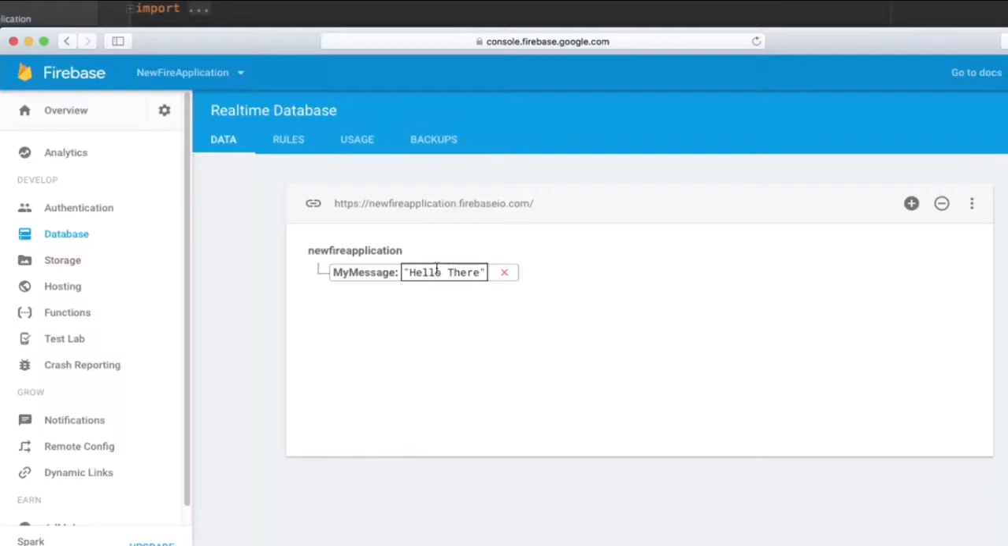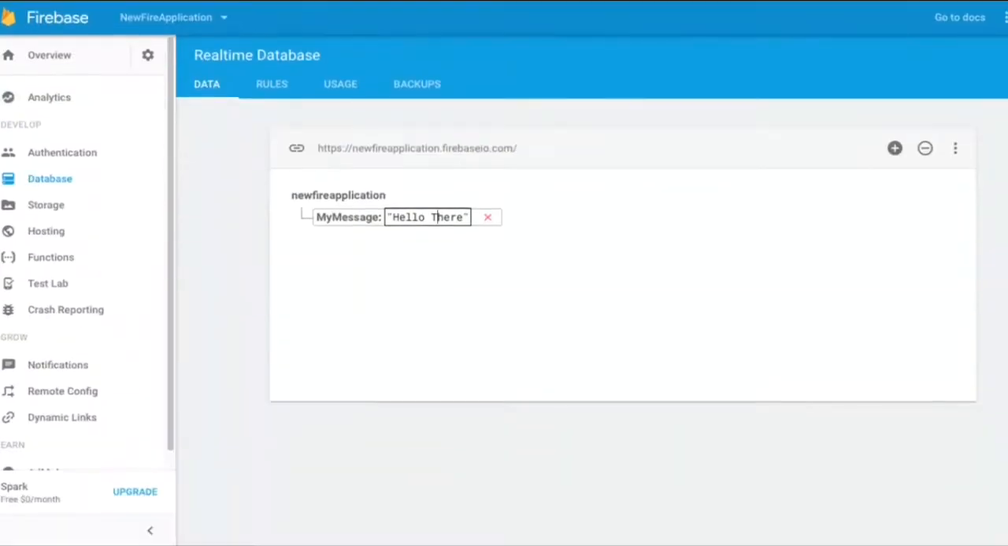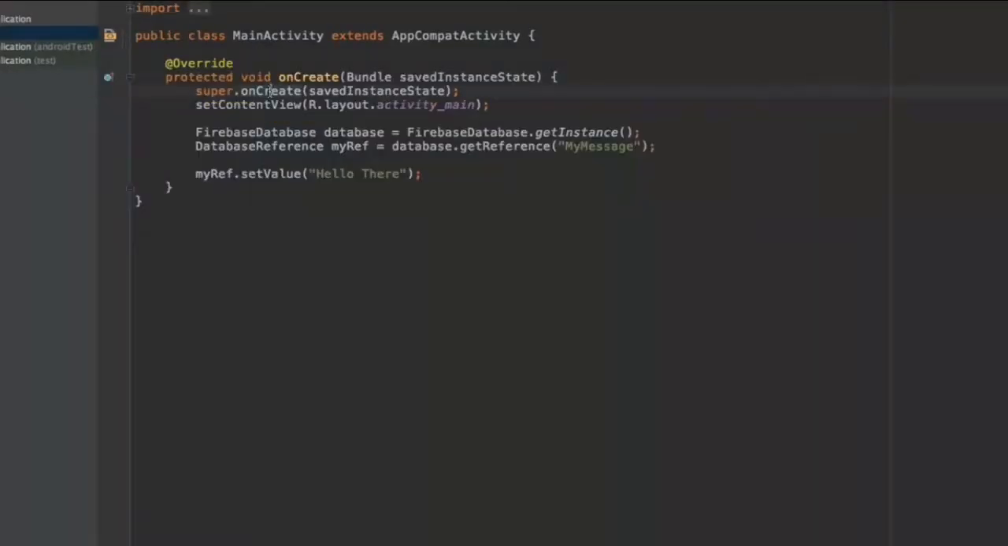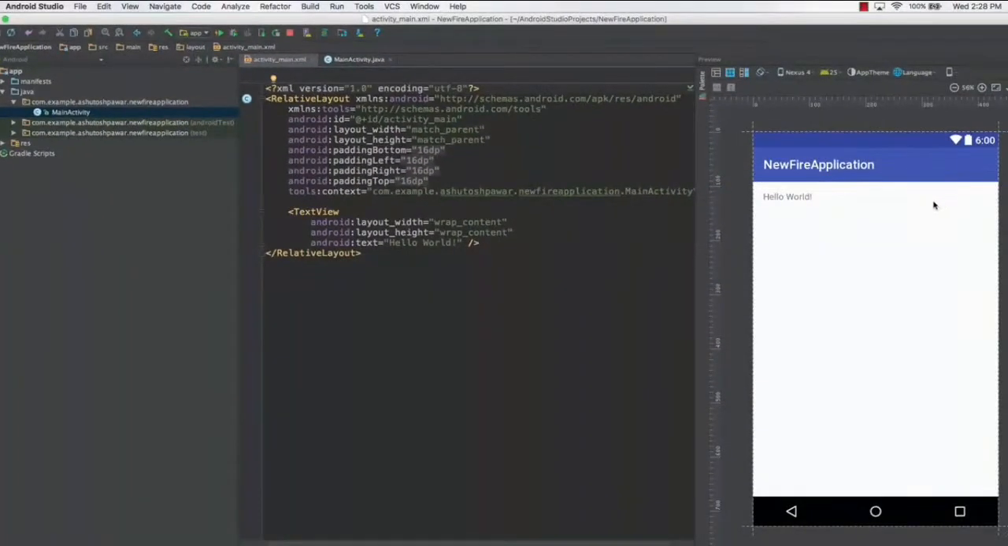So that's it for this lecture, and I hope you were able to understand how to insert data into the Firebase database. In the next lecture, we will add a simple edit text over here wherein you can enter your message manually, and that message is going to be added to the